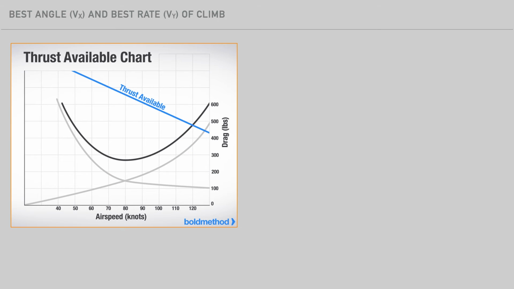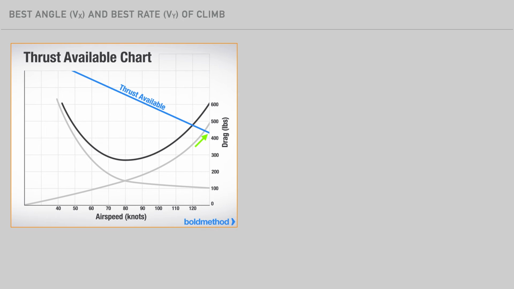The airspeed which provides us with the best angle of climb is a function of excess thrust. When we look at the thrust available line compared to the thrust required, note the highest thrust is at the lowest airspeed since the propeller is at a high angle of attack. As airspeed increases, the angle of the oncoming relative wind to the propeller decreases, and as a result, the thrust